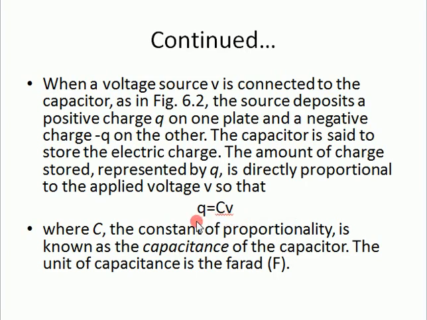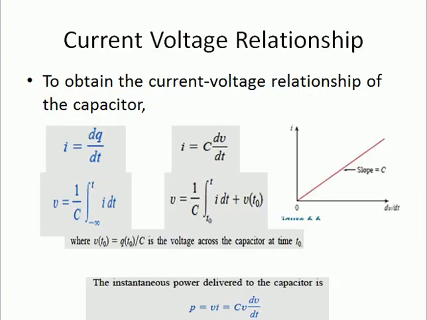When we differentiate it, we get dq over dt is equal to C dV over dt. But what is dq over dt? In chapter number 1, we studied that dq over dt is equal to I. Current is basically the rate of change of charges. So we can write I is equal to dq over dt. Here we will place dq over dt with this I. That's how we get the equation I is equal to C dV over dt.